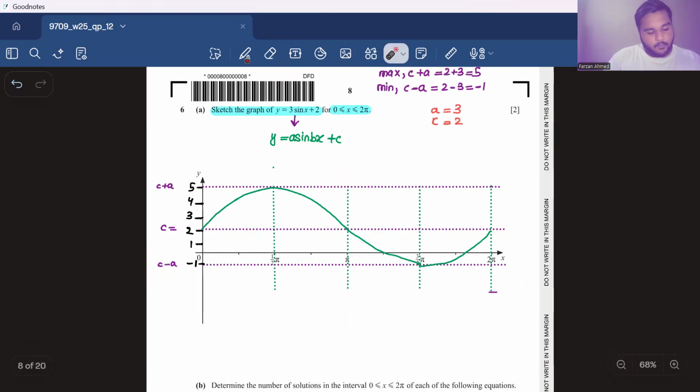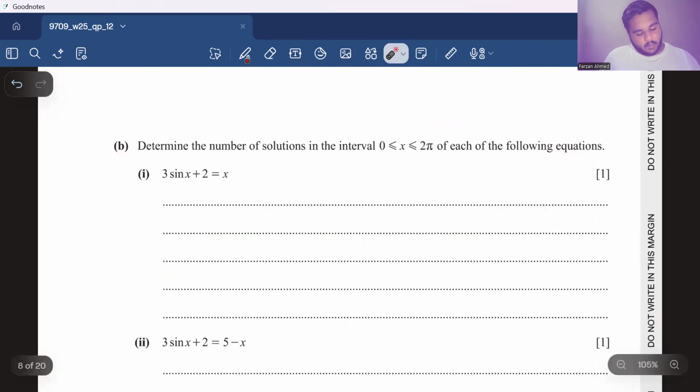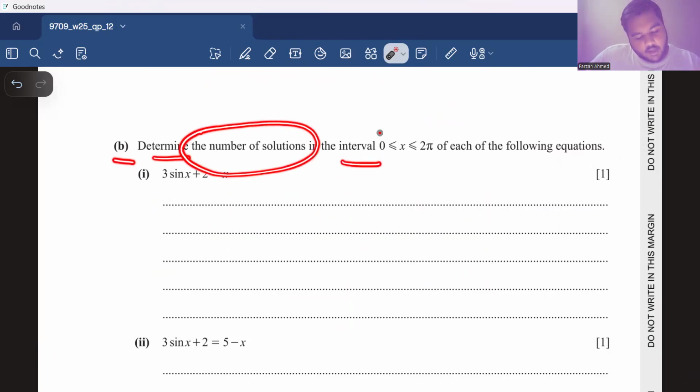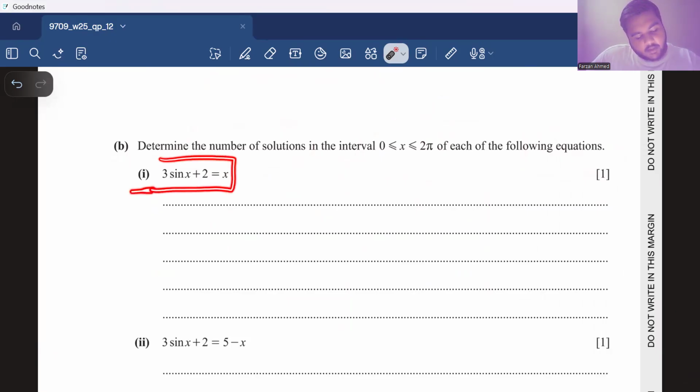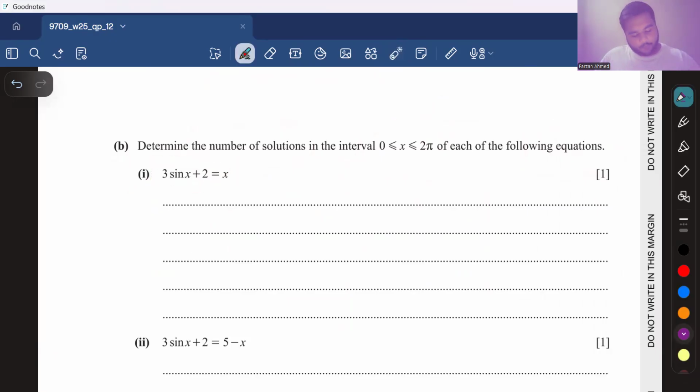Now, in part B, they are saying determine the number of solutions in the interval 0 till 2 pi, it is 360, of each of the following equations. In the first part, they are saying 3 sine x plus 2 equals x. First, you have to know what number of solutions means. The number of solutions means we have to find the number of